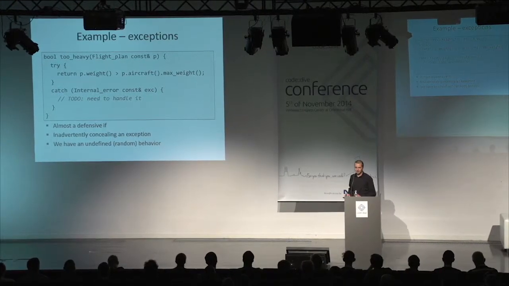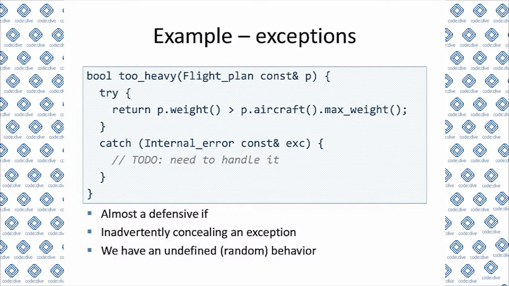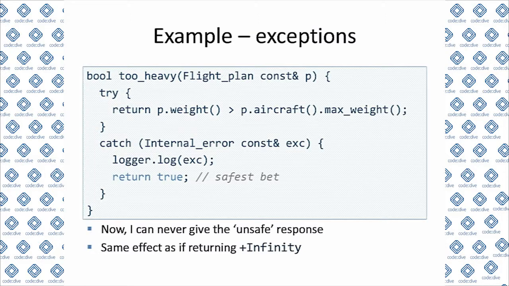So suppose he is informed about it and he wants to respond. He observes that it was in the case that we return false, that we risk crashing the aircraft, so he returns the opposite. So as simple as that. Now we are safe in the sense that we will never say you are safe to fly upon database failure.